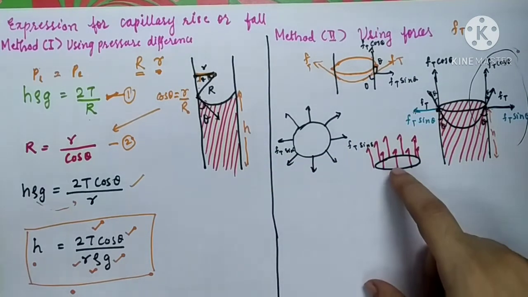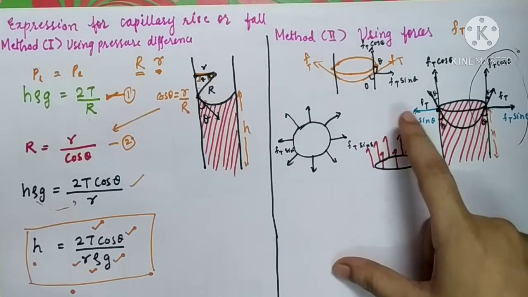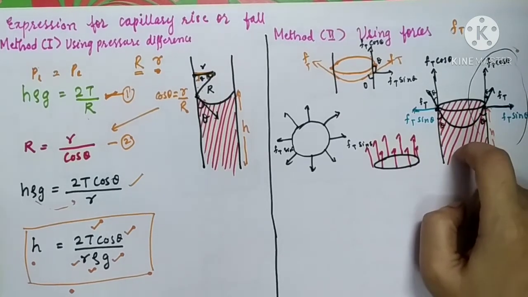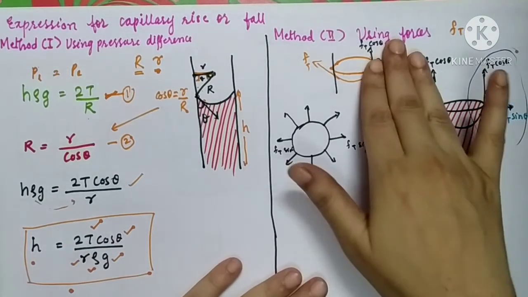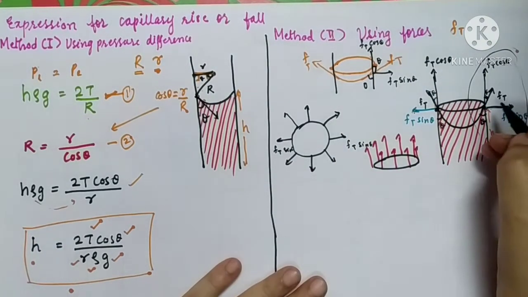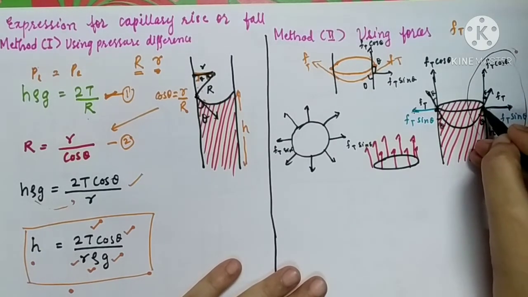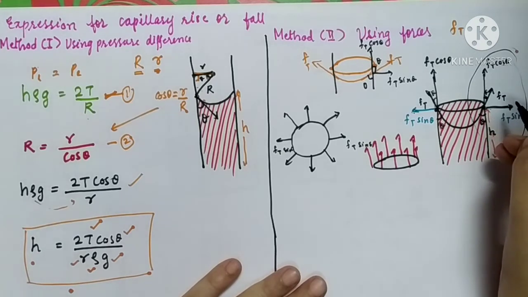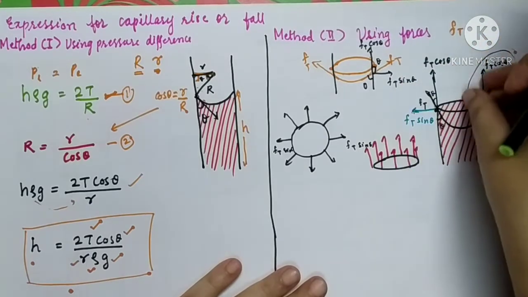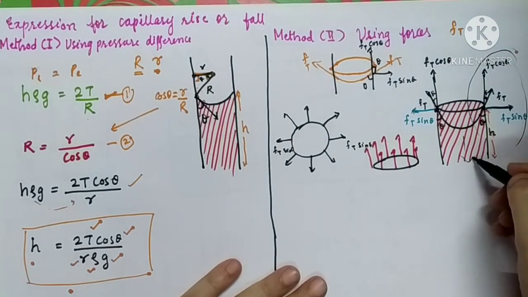And how long will the liquid level rise up the capillary tube? Till this Ft cos theta is balanced by the weight. This is the total upward force acting on the liquid meniscus. But we all know that the liquid level will rise only up to a height h. After reaching the height h, the liquid level will not rise. At this particular point, all the upward forces are going to be balanced by a certain force which is acting in a downward direction.